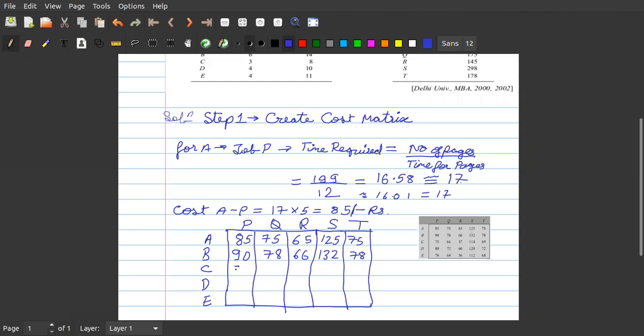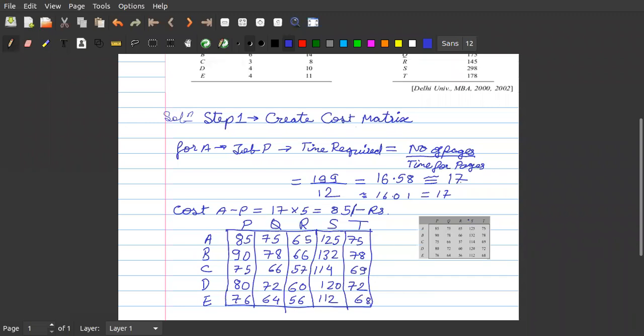Then next is 75, 66, 57, 114, 69. The next is 80, 72, 60, 120, 72. And the last row is 76, 64, 56, 112, and 68.